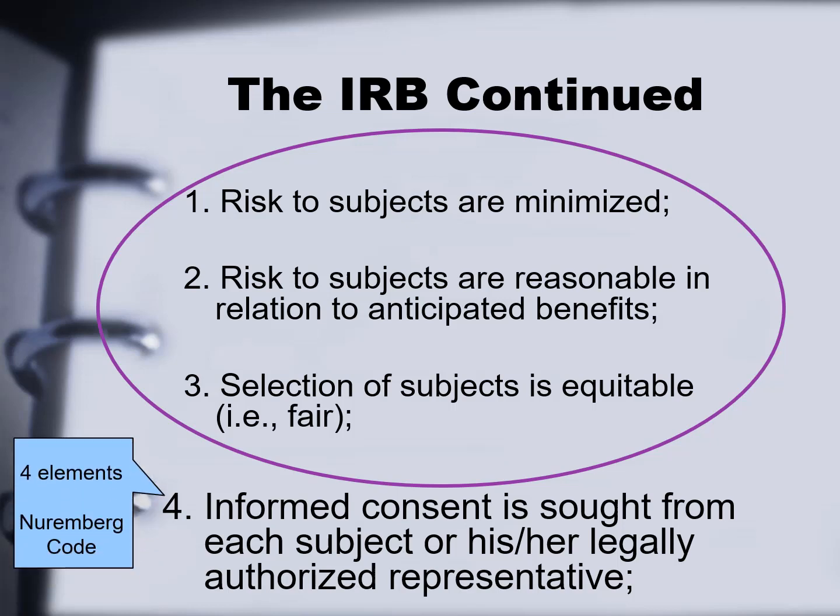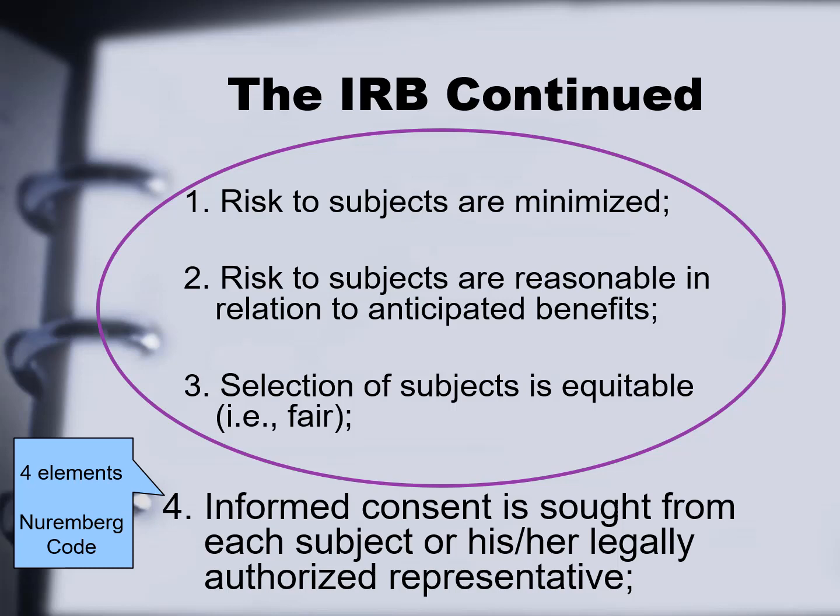Remember back when I mentioned the 4 elements of the Nuremberg Code were related to the informed consent? So this is where it comes back in. Those 4 elements essentially make up the informed consent process. All research subjects have to be told all that information in terms of what they will be asked to do and for how long and in what way, etc.